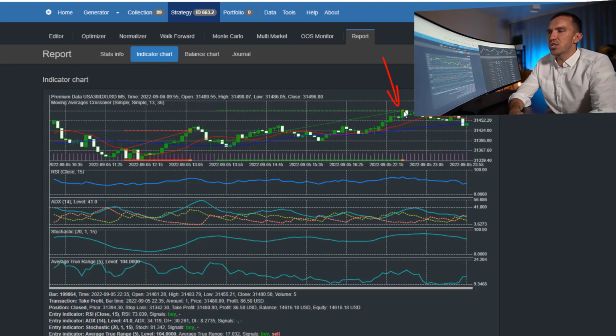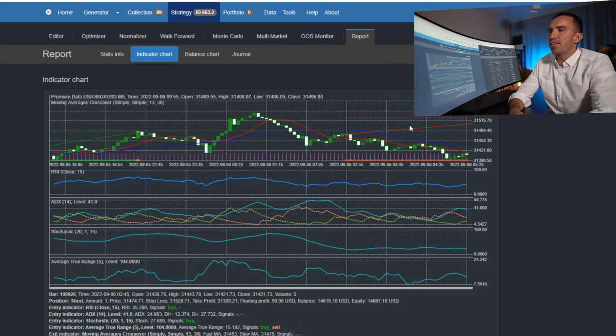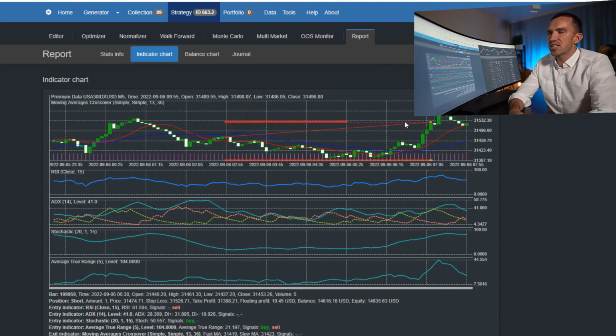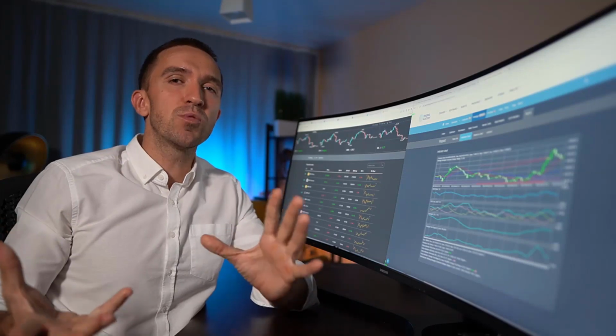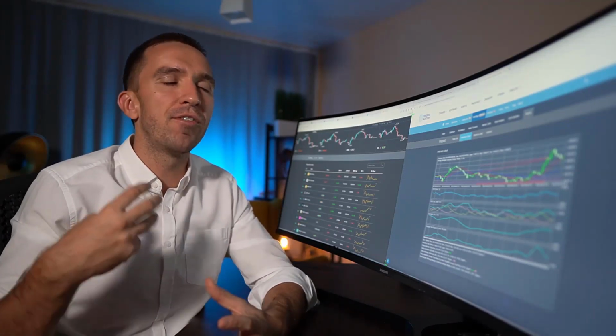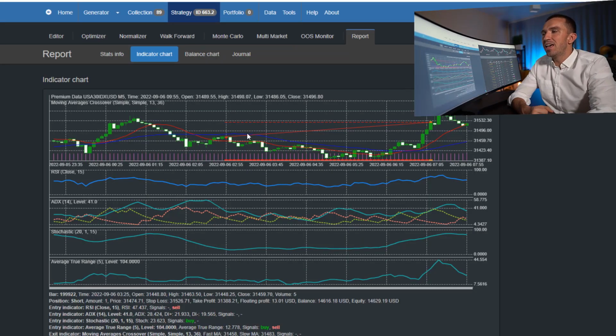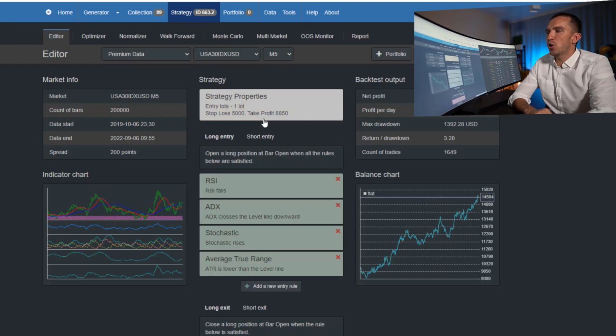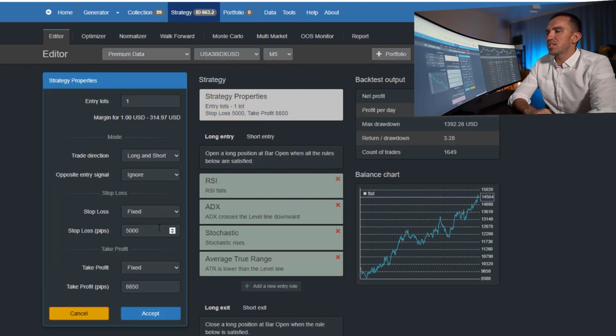It was reached with that bar, and then we have one losing trade which hit the stop loss. For the short trades, we should look at the very opposite conditions from what we have with the long trades. The stop loss was hit with this losing trade, the take profit was hit with this profitable trade, and if I go back to the strategy properties, you will see that the stop loss is 5,000 pips and the take profit is